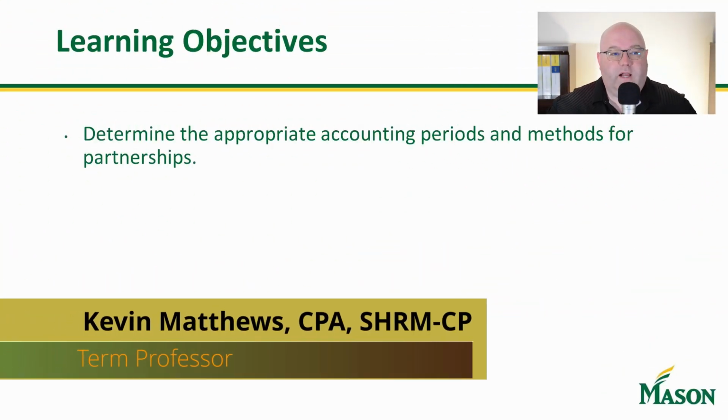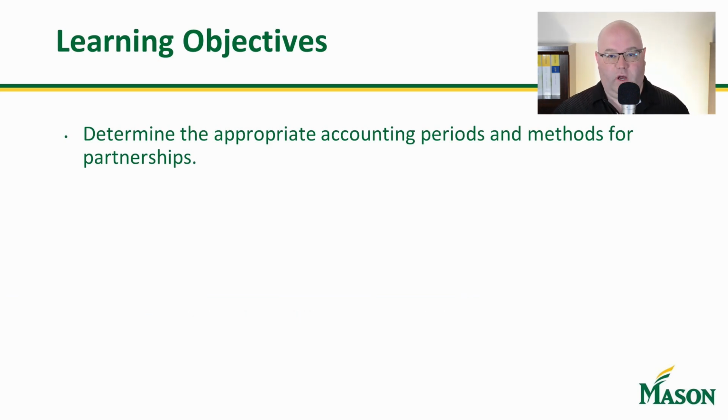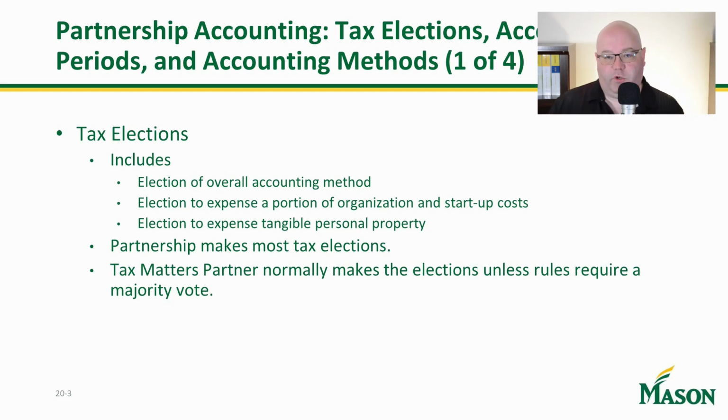Okay, so in today's class, we're going to determine the appropriate accounting periods and methods for the partnership. Generally speaking, there are a few things you've got to look at. One of the things they're going to be doing is a lot of tax elections. There's a variety of elections that a partnership is going to make, and not necessarily in the first year that it gets into business, but also in subsequent years it'll have different elections that they're going to take. Now, the tax matters partner does normally make the elections unless the rule requires a majority